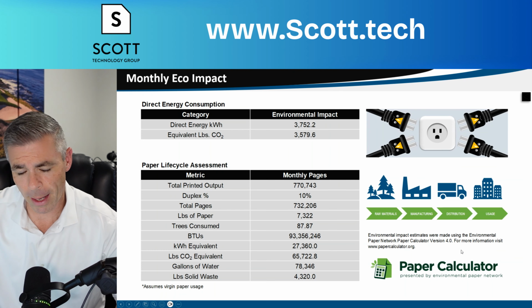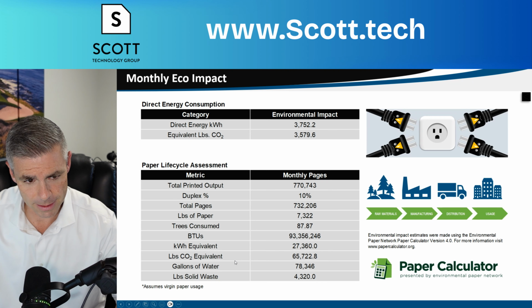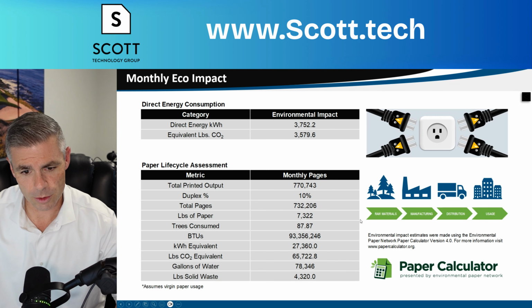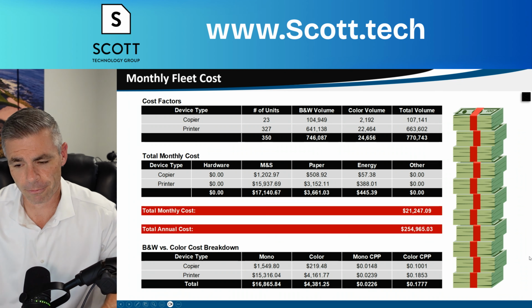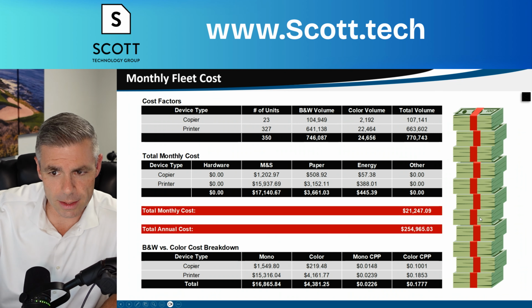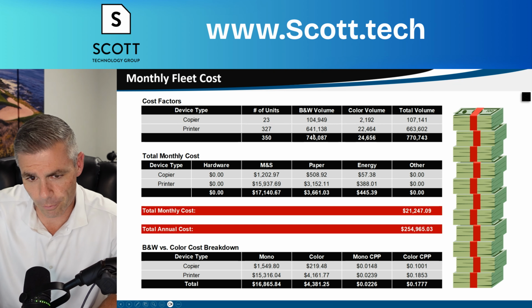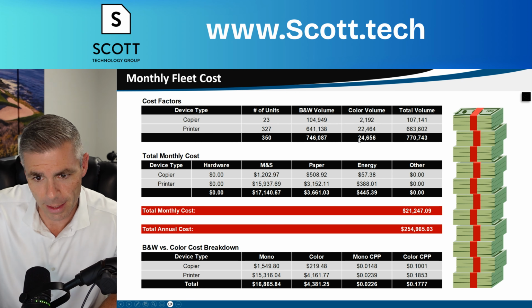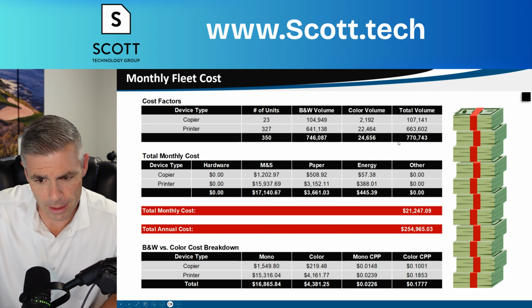The monthly eco impact. So this shows us based on the specific device and how much power consumption, this will give us a summary of the environmental impact. And then lastly, the fleet cost. So we can see overall that the total volume for this customer is 746,000 black and white and 24,656 color. The cost of that is going to be